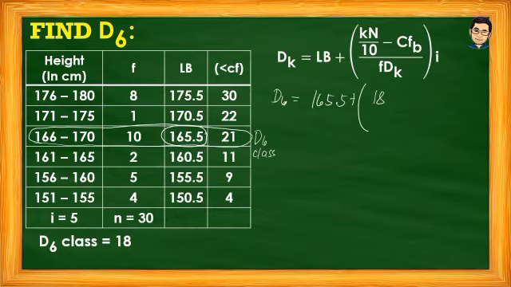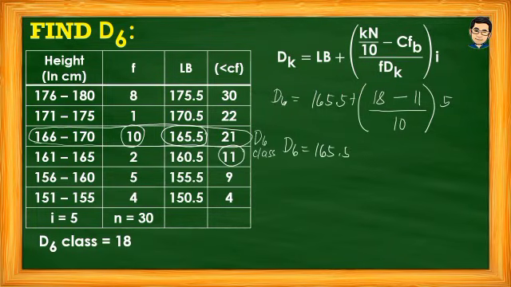And then, what is the cumulative frequency before the D sub 6 class? And that is 11. And then the frequency of the D sub 6 class is 10. And of course, the class interval is 5. Next, 165.5 plus the quantity of 18 minus 11 over 10. Okay, so 18 minus 11, that is 7 over 10